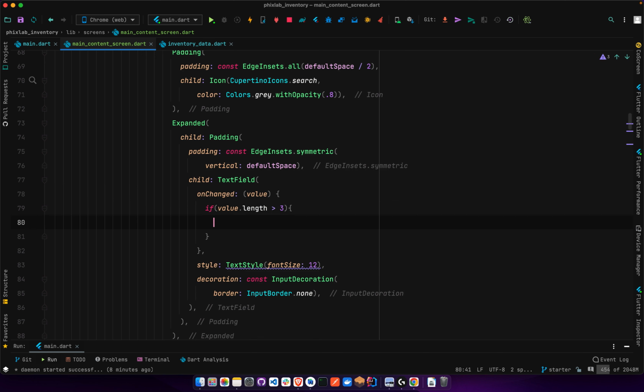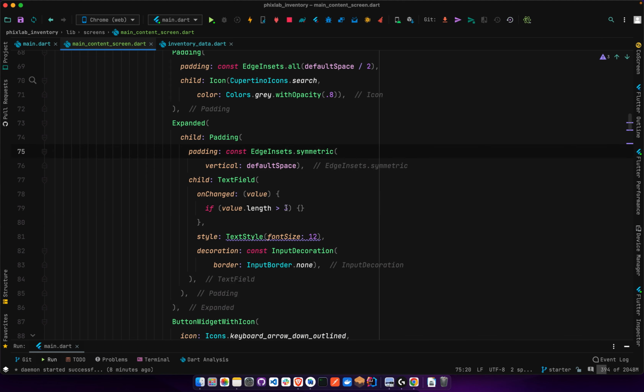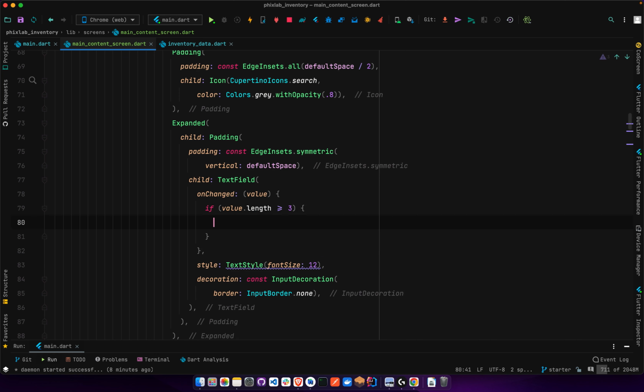what we're trying to do is make sure that what the person has typed is greater than 3. All right, so that means I have like 4 letters. When we check the reference, you can see probably the name, categories, the shoe. Okay, let's make it, because the bag is also 3 letters, so that will not capture that. So we'll do greater than or equal to 3, and then we can